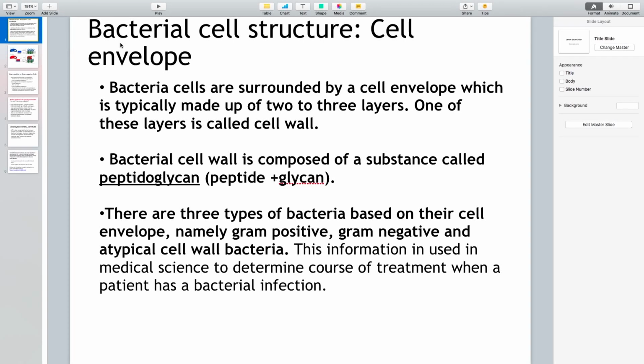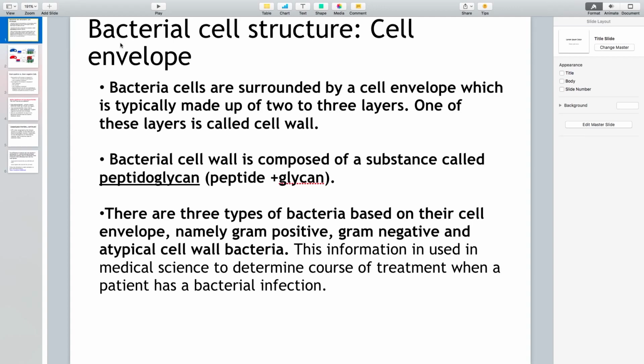In this lesson, we are going to learn about an important component of bacterial cell structure called cell envelope. As you can understand, this is the outermost protective covering that serves to protect the cell from its outer environment. Bacterial cells are surrounded by this cell envelope, which is typically made up of 2 to 3 layers depending on